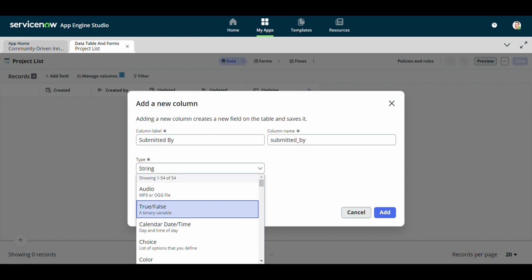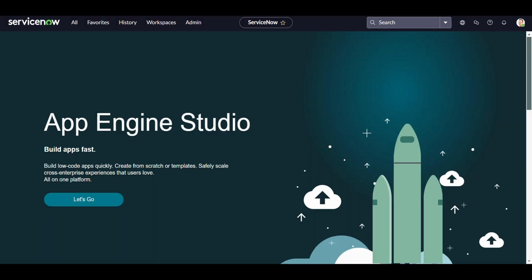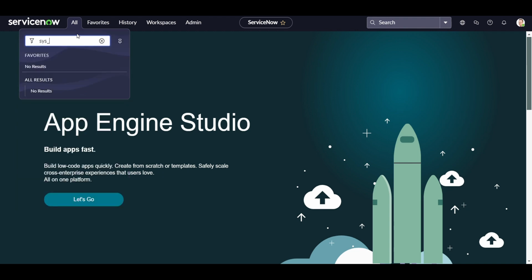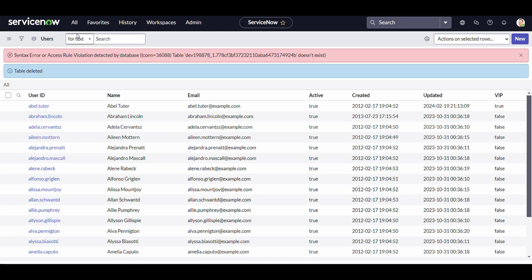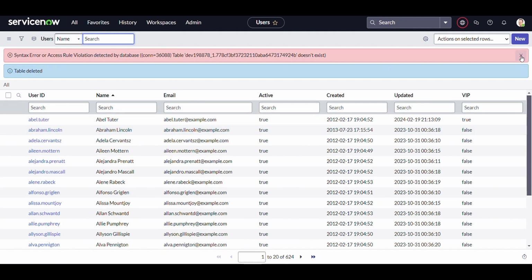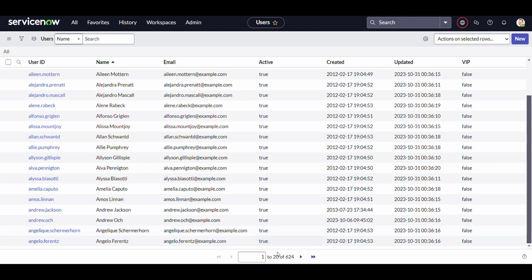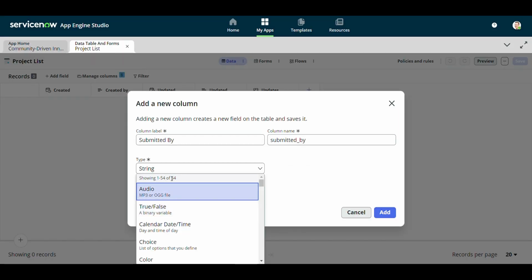To check out this list, I'm going to show you. I'm going to type sys_user in the navigation tab search bar. Click on this, and as you can see, I've got the list of all the users, and there are 624 users working in this organization, you can say. So I'll just choose